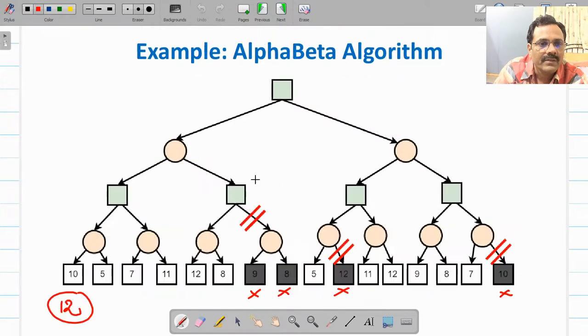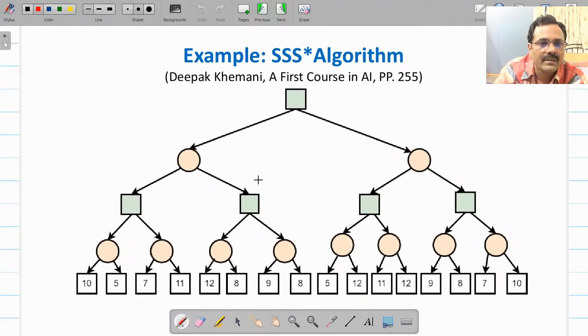In this way, if you develop a tree for this example, you will be selecting all for max and one for min. Suppose for min we select the leftmost.